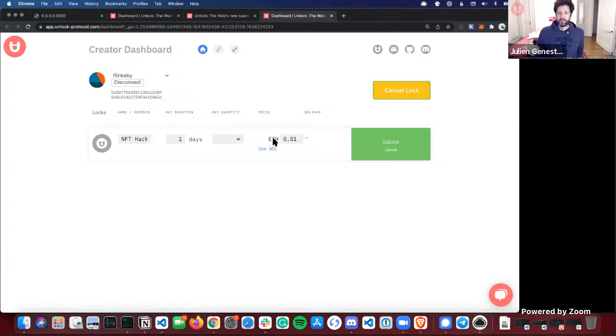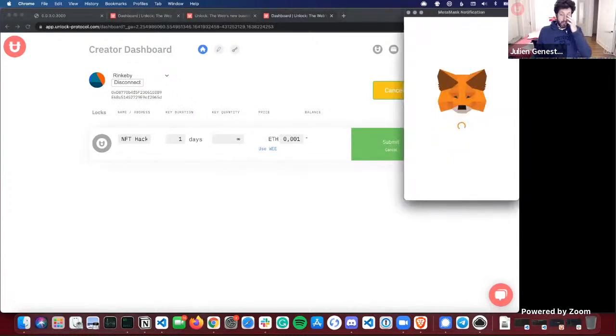So you could price this in DAI, in USDC, in BNB if you wanted to do that, or Uni, or any ERC20 currency that you might be interested in setting up. The docs actually provide a little section on how to do this, and I'm going to price it at 0.001 ETH on mainnet. So once I'm ready, I'm just going to click the submit button here, and pretty normal flow